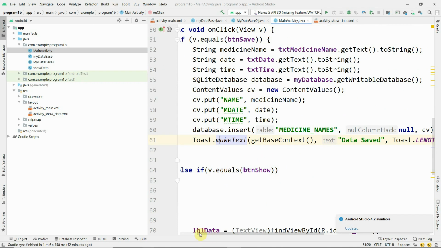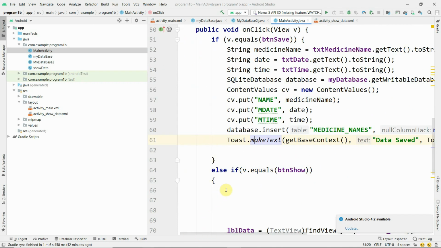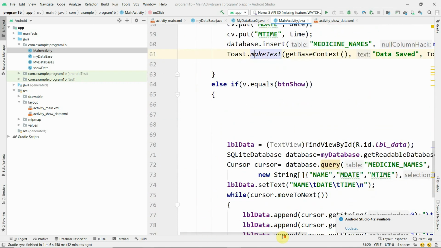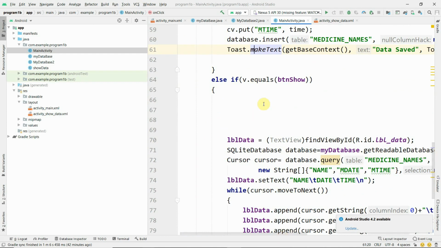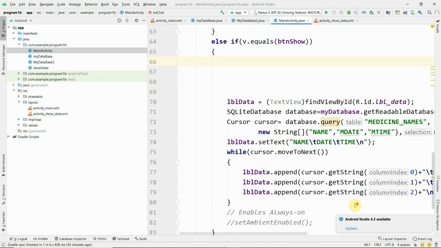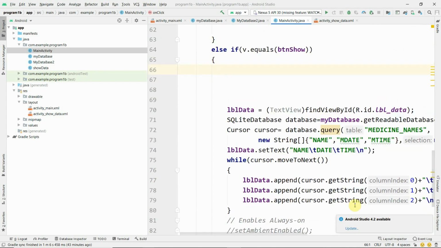When we are going to show the database, I already told you that showing the database happens in the show data class. Also we are going to show the data in this main activity itself.